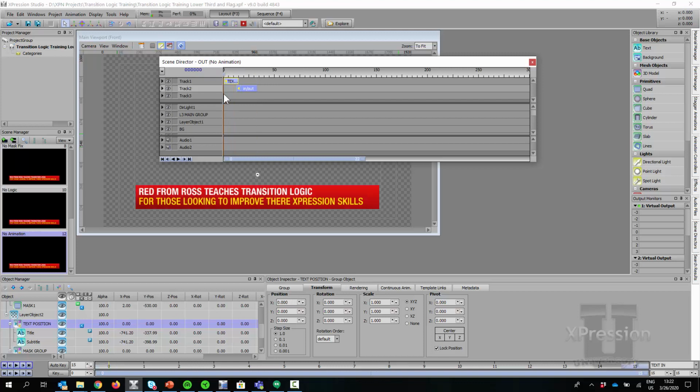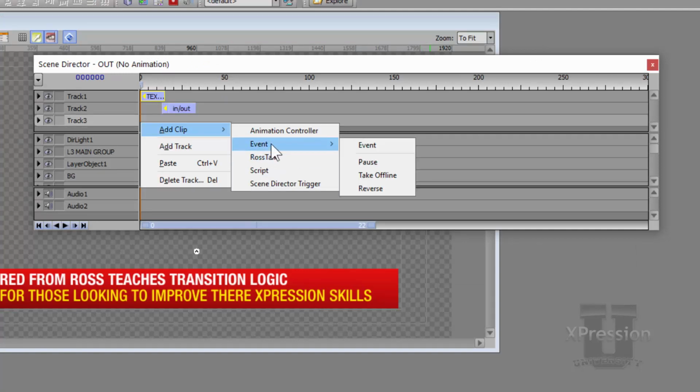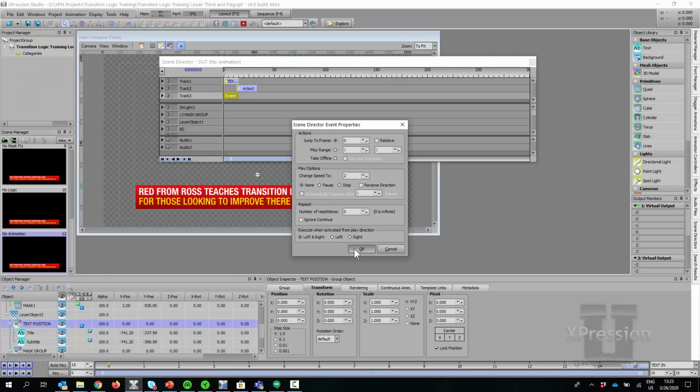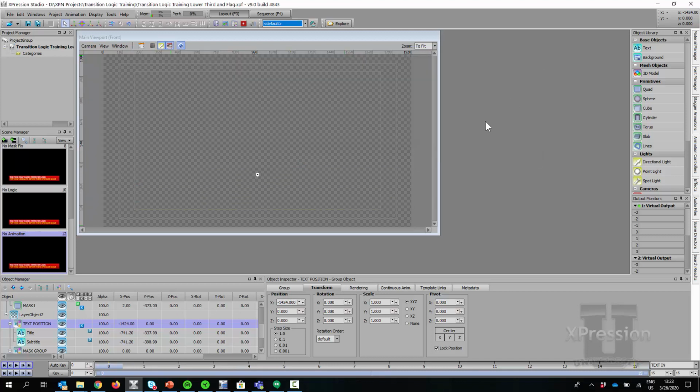So if you wanted to, I haven't actually done this in the scenes I've made as examples, but I just want to show you how you could actually reuse the same animations. If you do want a faster out, you can actually put a little event here, and you could say change speed to say 2, and now your out would be the same style, but it would be faster. So I'm just going to delete that because that's not how I built the rest, but I just wanted to show you it as a little bonus. Okay, so now we've got our in and out. The next thing is to build our different conditions.